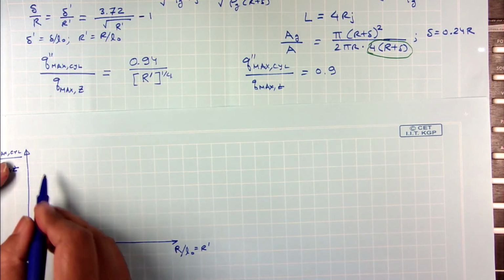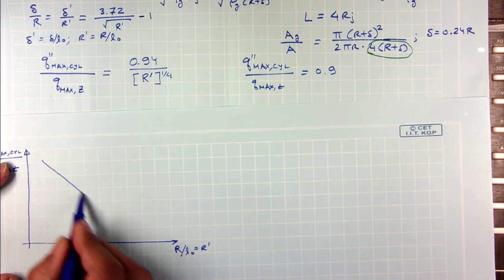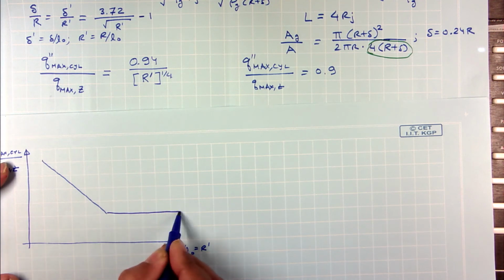Okay, so what I will see is a graph that comes down like this and then becomes 0.9,